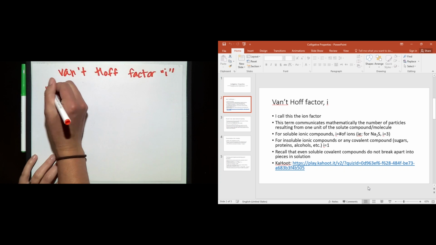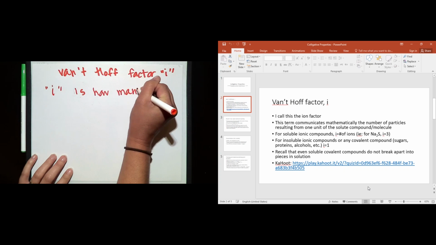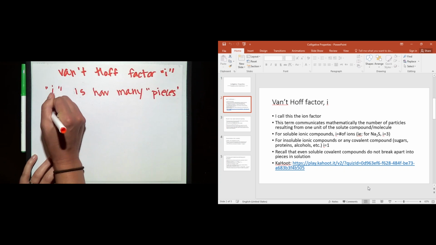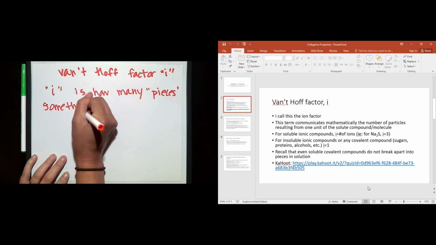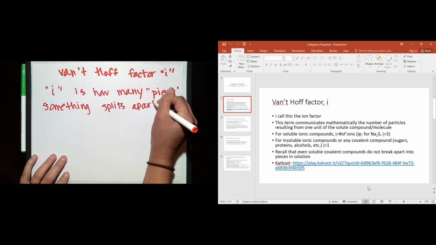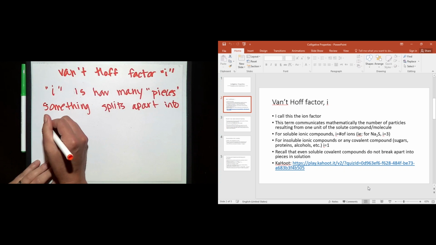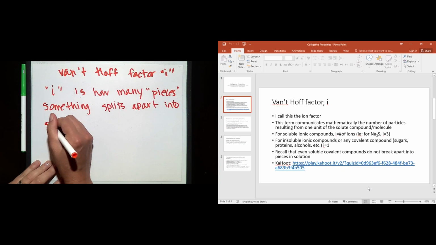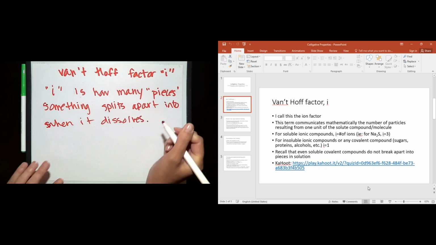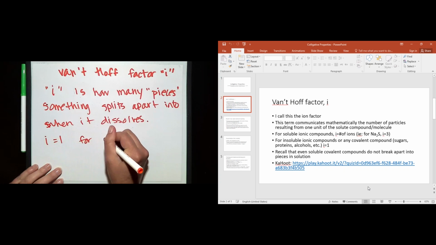So i is how many pieces or particles something breaks into, or splits apart into, when it dissolves in whatever solvent it's soluble in. Okay, so this is going to be i equals 1 for soluble